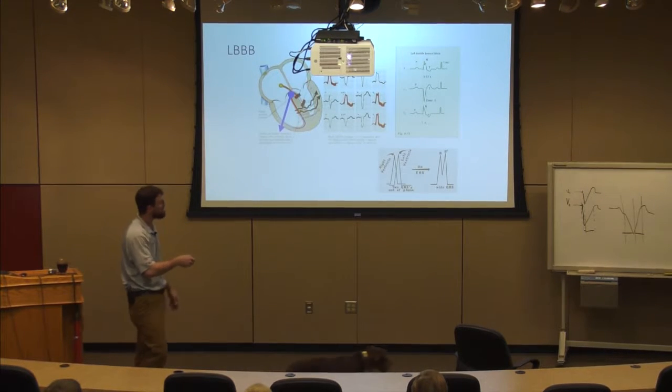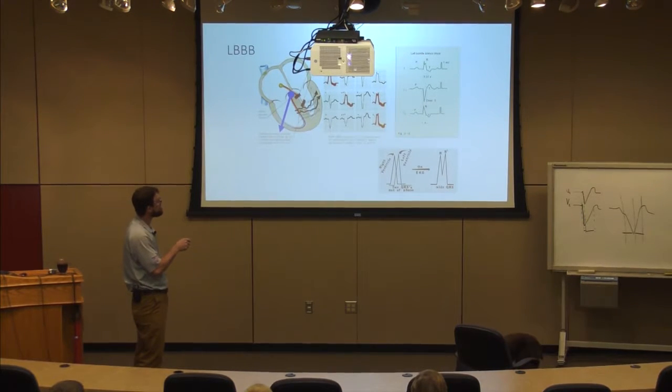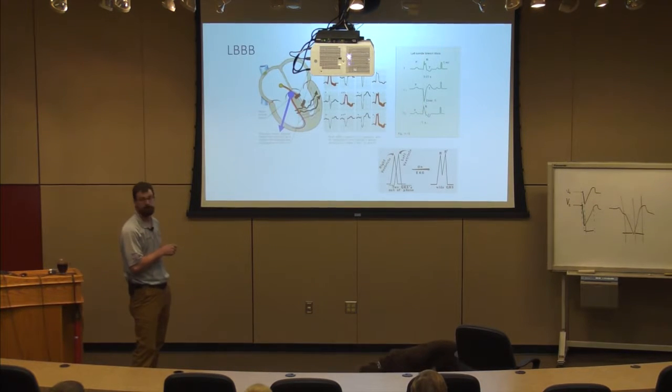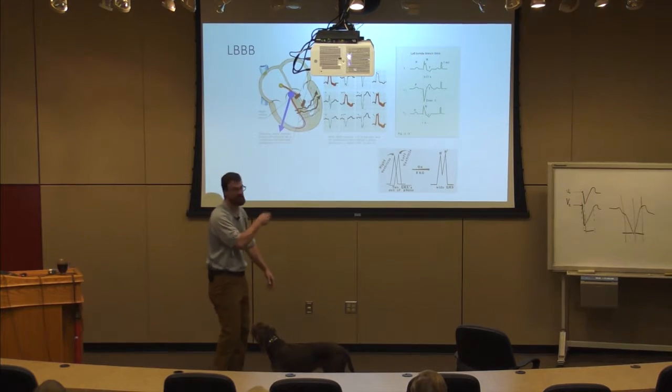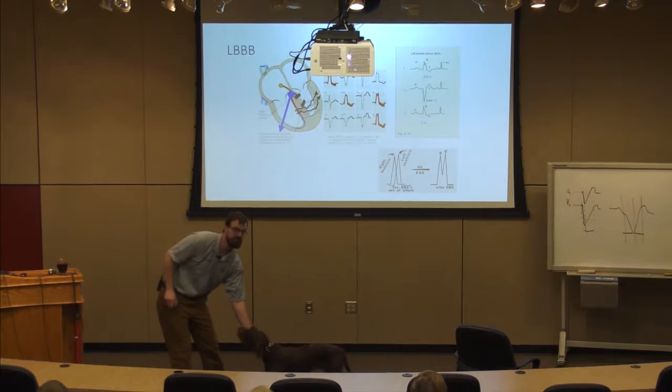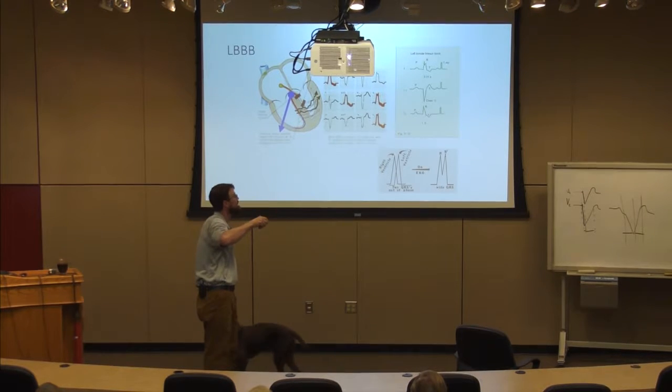Now, where do I see that RSR prime in my bundle branch block when it's on the left? I actually see it in lead 1, and I see it out in my lateral leads. Why is that? Because that's where I'm going to manifest this slow depolarization, out to the left side. That's where I'm really going to unmask that RSR, or that asynchronous depolarization. But where we tend to look is in these precordial leads. We see this wide precordial downsloping R wave that's rapid in the front, slow on the back end, and you see it here.